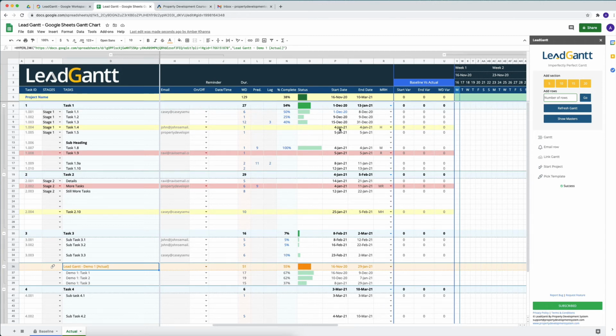So let's say this was supposed to start on 4th of January, but it actually ended up starting on 19th of January. It's going to adjust all the dates from that point on, and we'll start calculating the start variance, the end variance, and the workday variance. So workday variance hasn't changed because it still took us 1 day to complete it, but it was a late start. But if I was to say, look, instead of taking 1 day, this now took us 6 days